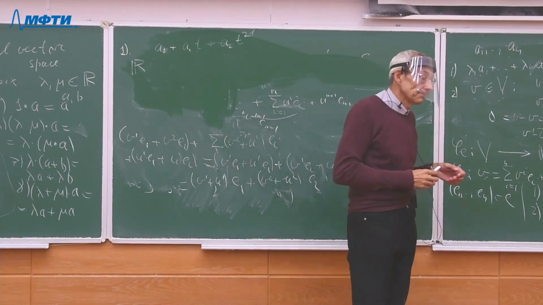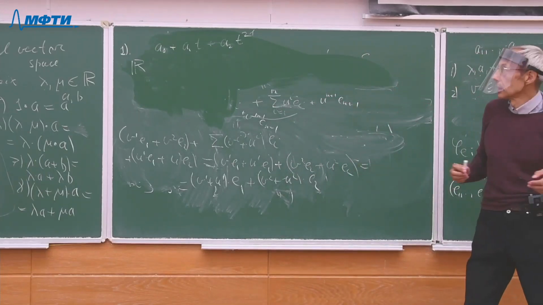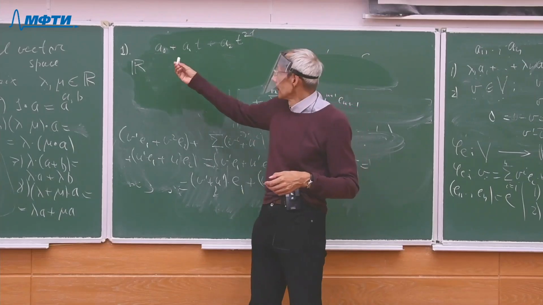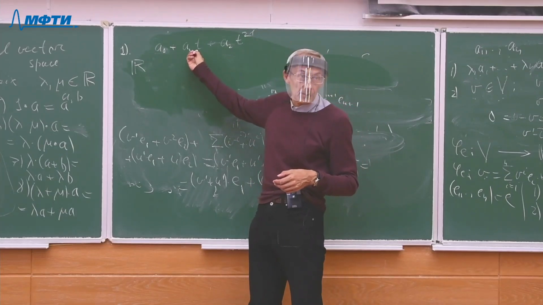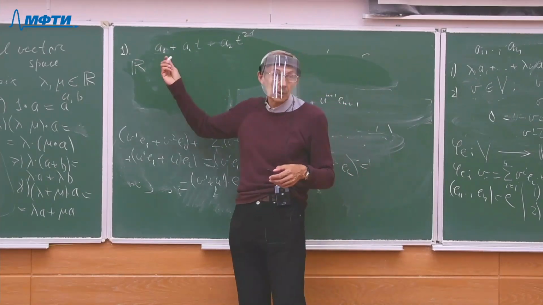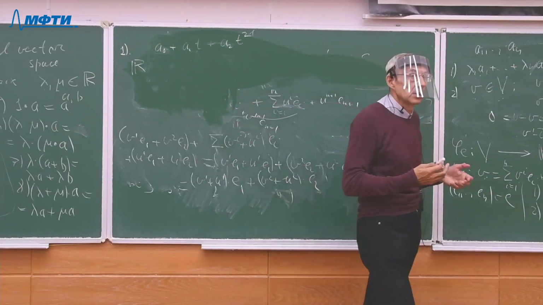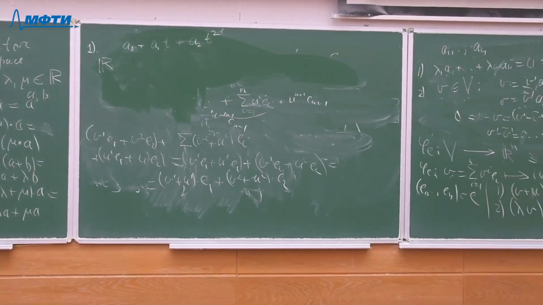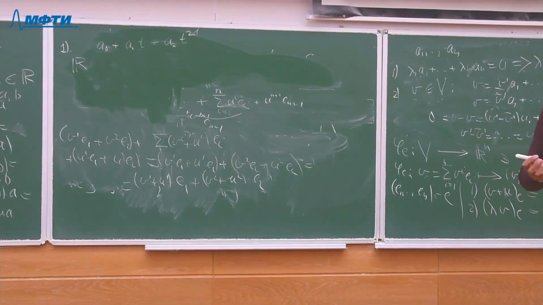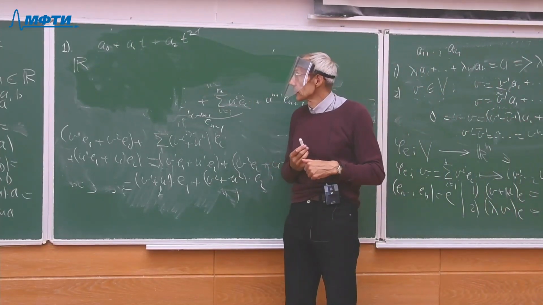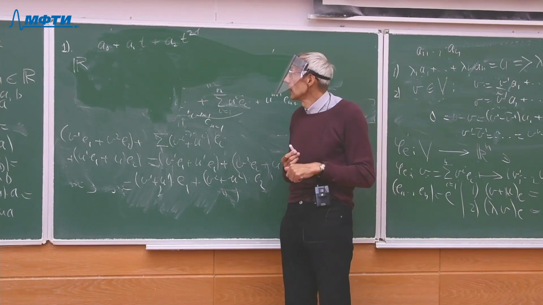I can consider this expression as a formal expression with formal variable t, and I can define the sum of polynomials. I can consider the sum as the sum of the function, and in the same way consider the sum of the polynomial as the sum of